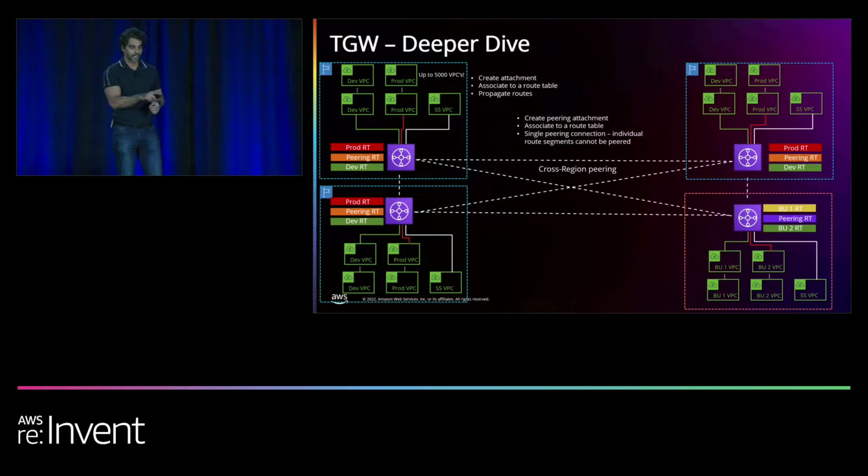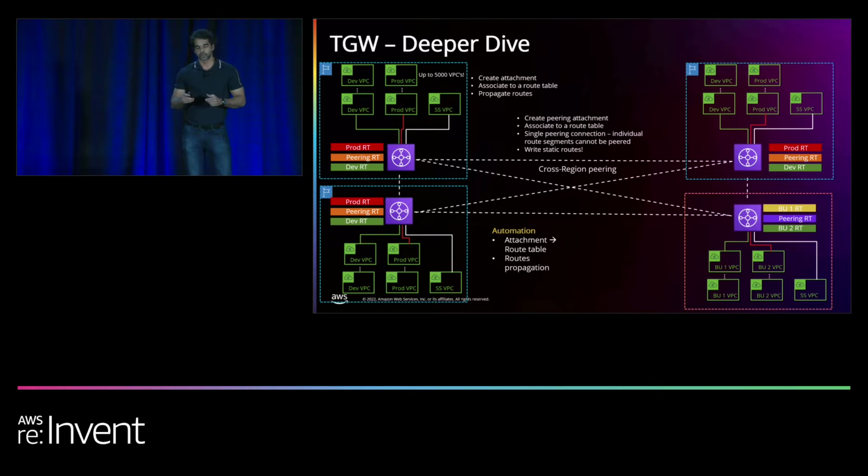So if you wanted to attach individual route tables, for example, you wanted to say, hey, prod route table in US East 1 should talk to prod route table in US West 2, and dev to dev, but I don't want prod and dev talking to each other across regions. Well, for that, you'll have to write static routes, and that's not easy. And you may or may not be able to achieve the security model you're looking for. So from an automation standpoint, there's much to be desired, and we have heard the feedback, hey, AWS, can you automate these things for us?